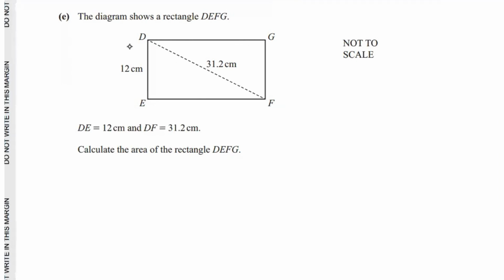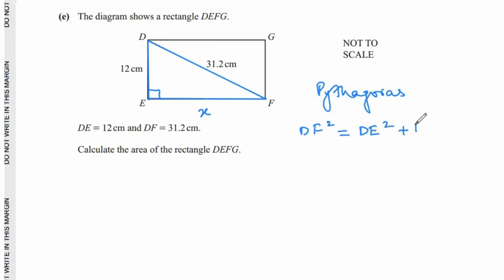For that, we're going to use the triangle DEF, which is a right angle triangle, because every rectangle has right angles. So two lengths are given, third one is missing. We will use Pythagoras,